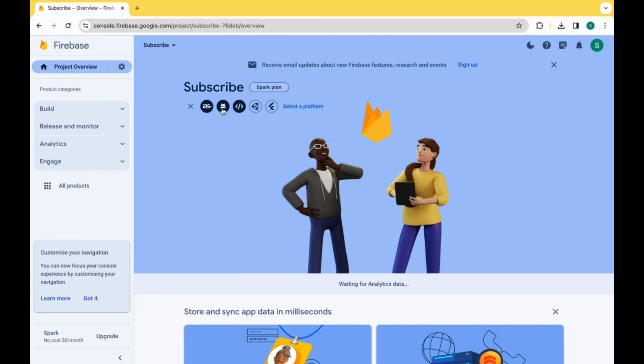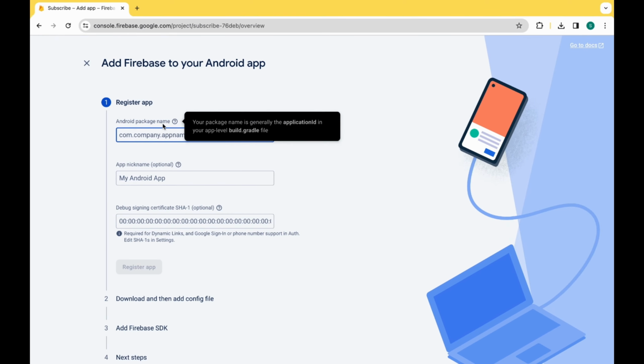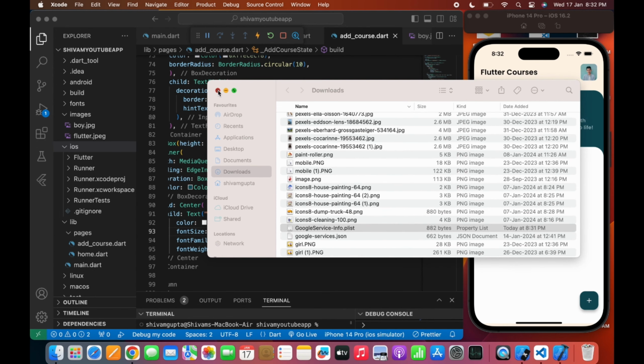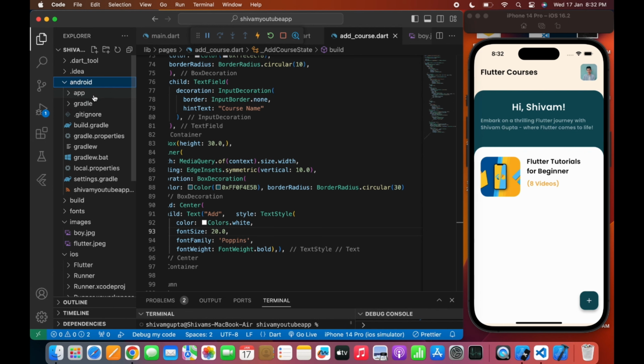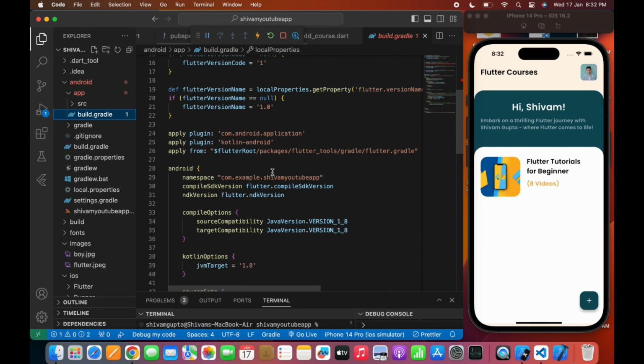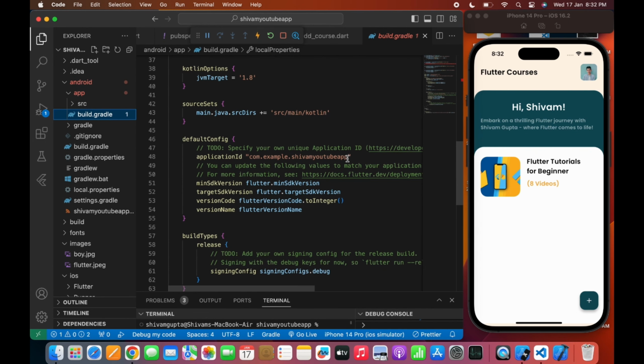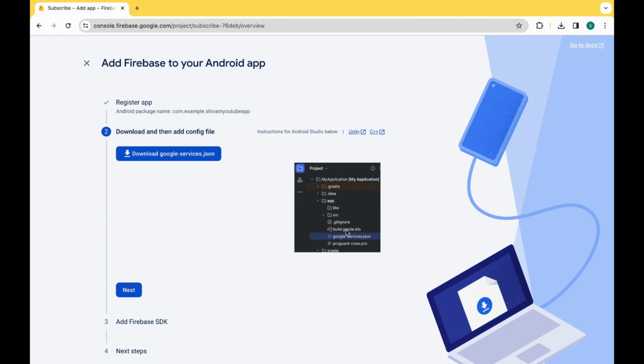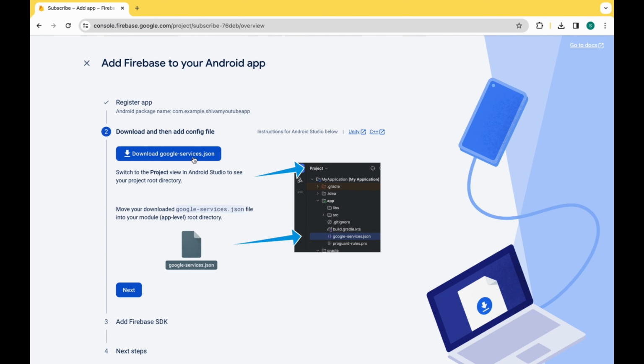Now let's move on and connect the Android app. So we need an Android package name. So we'll move to VS Code and go to the Android app build.gradle file, copy the application ID from here and paste it in the Android package name. Now click on register app. Now download the google-services.json file, but before that you can see on the right side of the screen